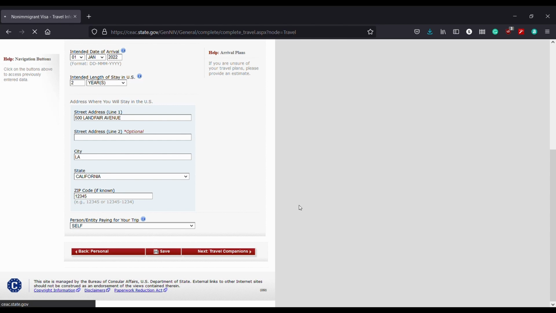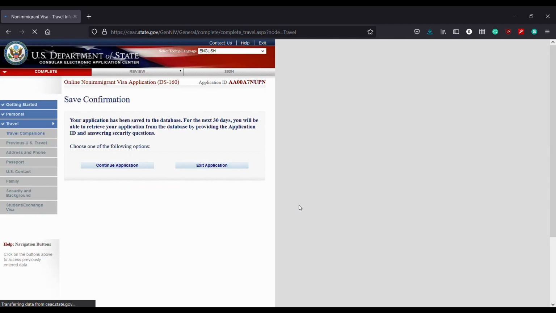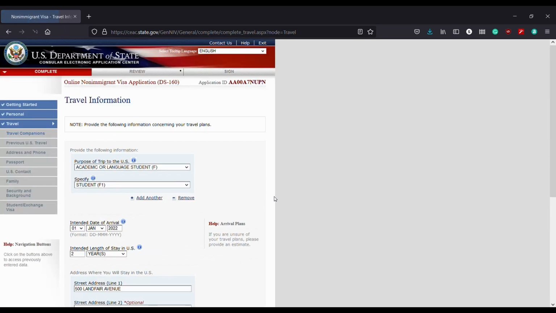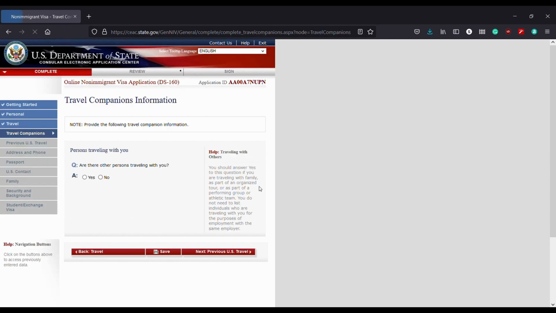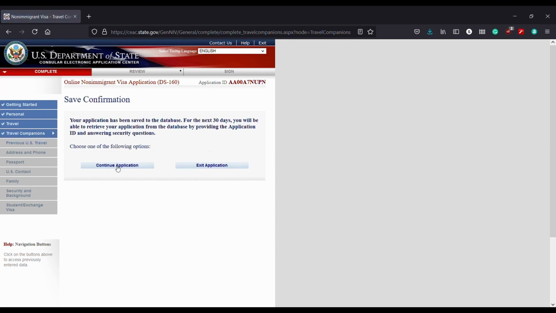Now we continue to the next section, which is travel companions. Okay, so no one is traveling with me. I save that. Move on to the next section, which is previous US travel.